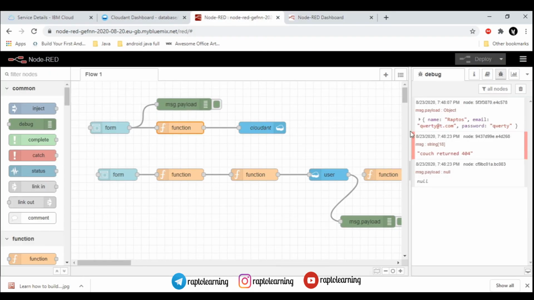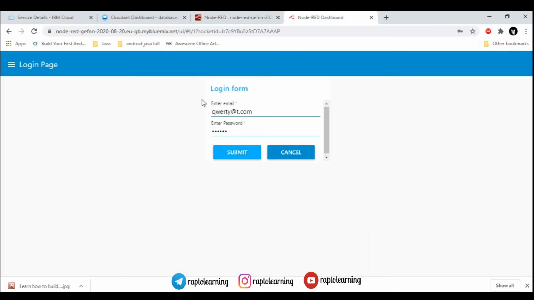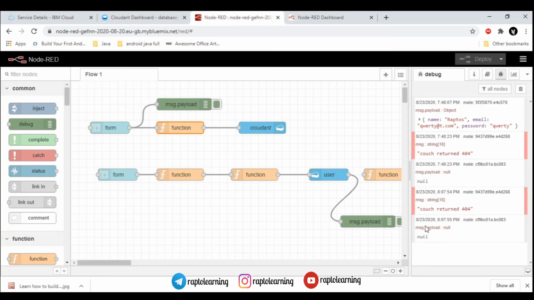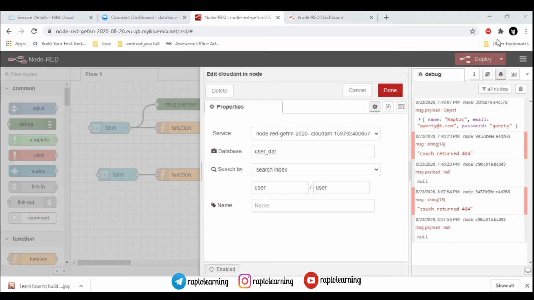Now we have tried to log in through this submit button, and let's go take a look at Node-RED, right? So we'll check the debug option, that is null. It is again showing null. This is because we have not created this, right? So just go to the previous steps and I will change the email ID and see what changes are reflected.